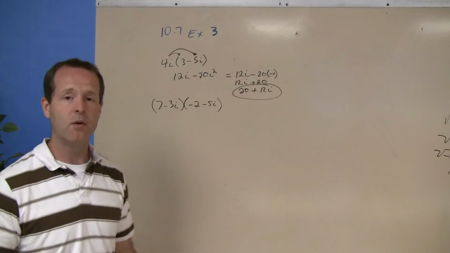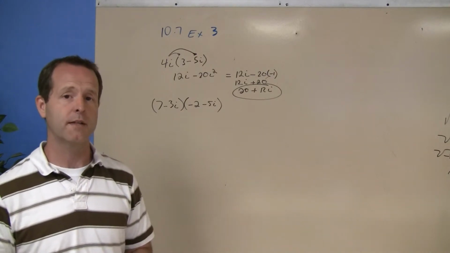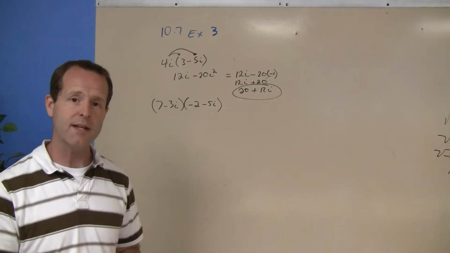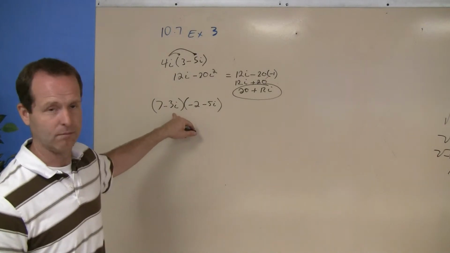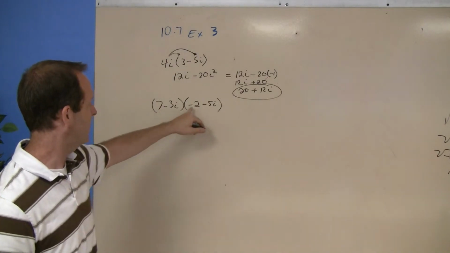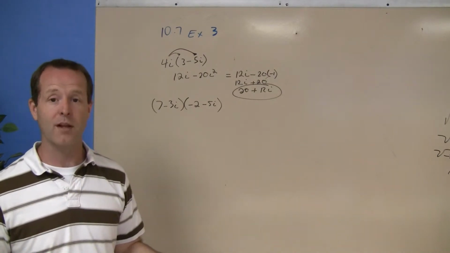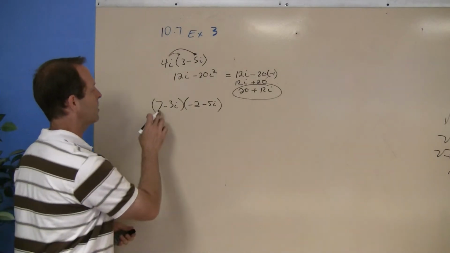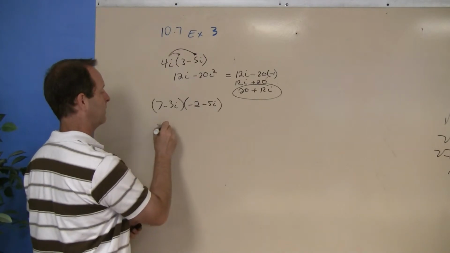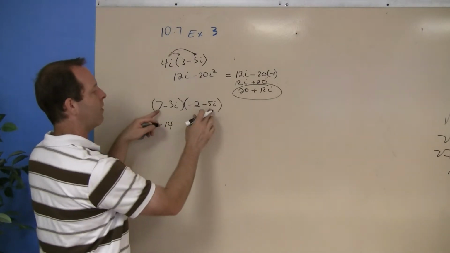In the second example, it's going to be fairly straightforward, much of the same as we've multiplied previous items that have this form: 7 minus 3i times negative 2 minus 5i. I want to make sure I FOIL it, basically is what I'm doing. I'm going to multiply the first term times the first term. I'm going to multiply the outer terms,